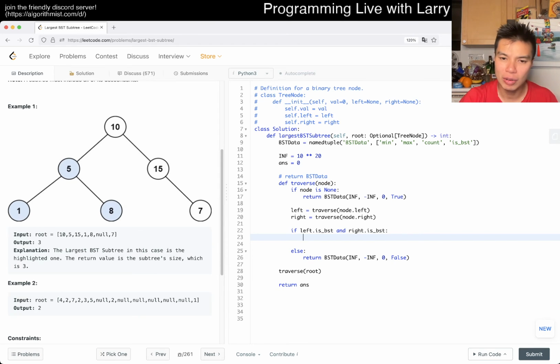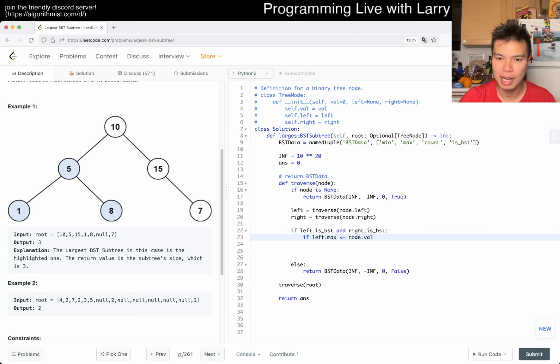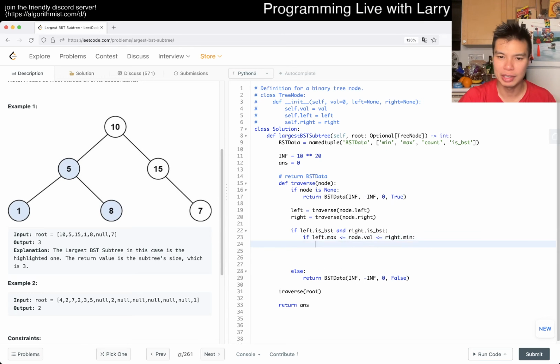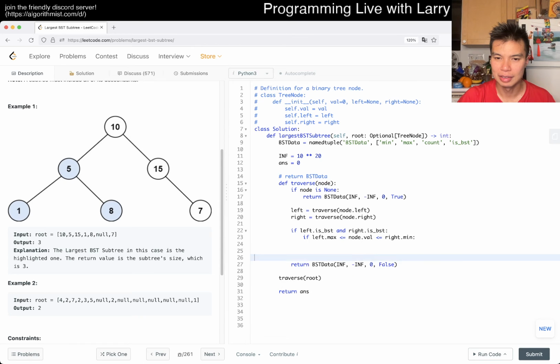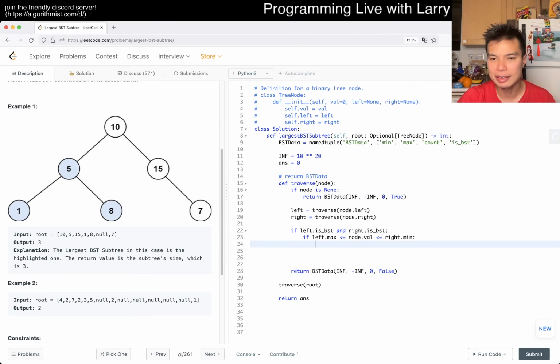Okay, so now if they're BSTs though, then we have to check that if left.max is greater than or equal to node.value is greater than or equal to right.min, then we're good. Otherwise, again, we just return nothing, right? I guess we don't need an else here. We can just do maybe. Right, so then now we know that this is good, and if this is good, then we can